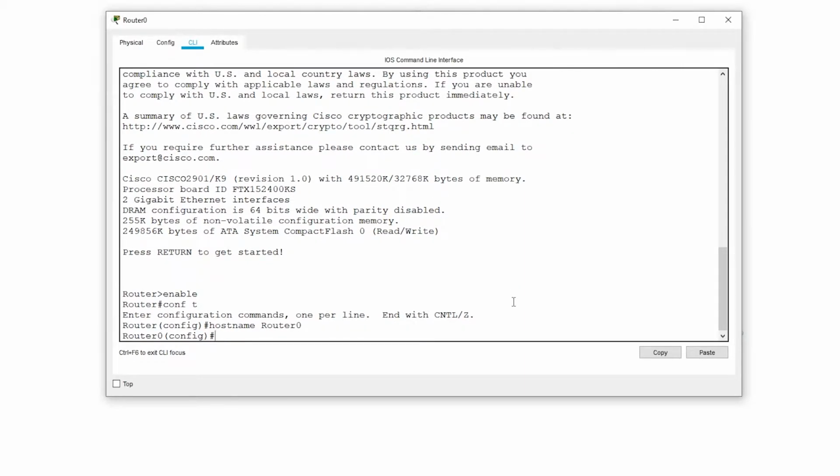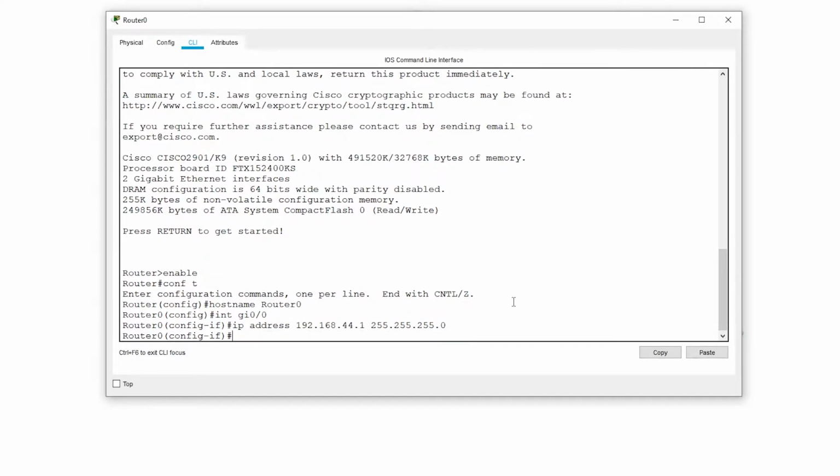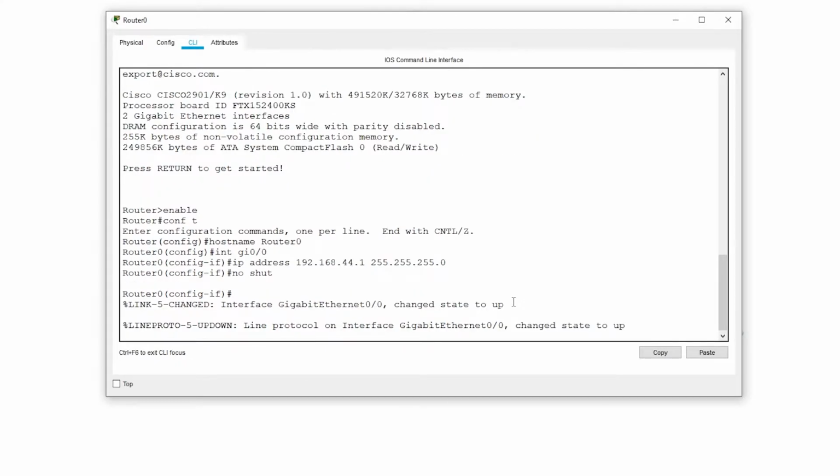Set up the interface, gigabit interface 0/0 with IP address 192.168.44.1. No shut to start it up.